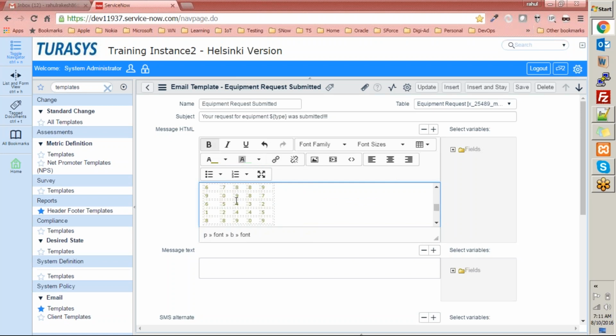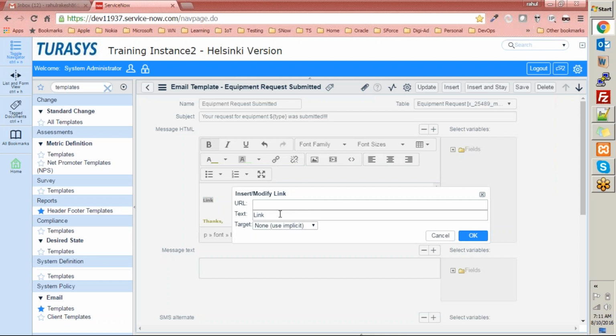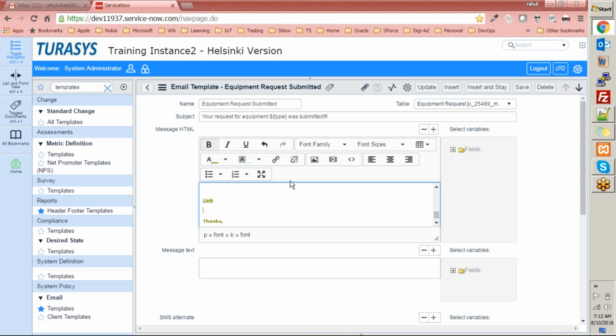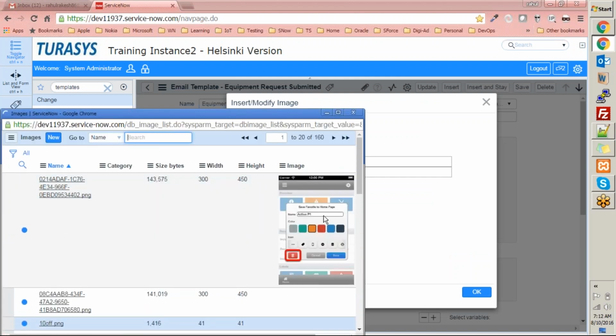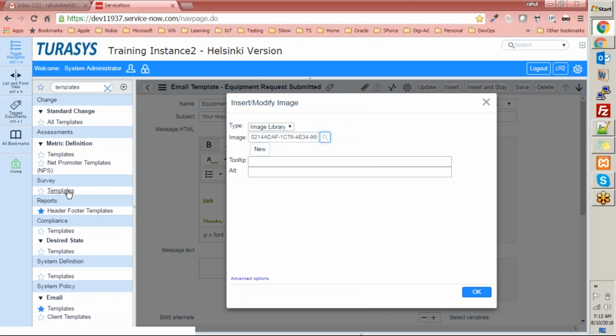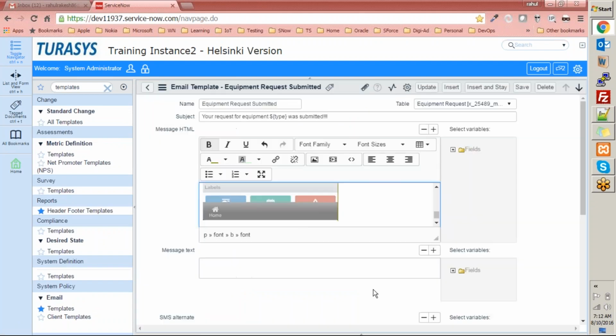If you want to insert a new link, let's do this. This link will point to something like this, right? And if you want to insert an image to this email, you have to select one image. Let's select this one. So the image will be inserted here when they do it in this email,